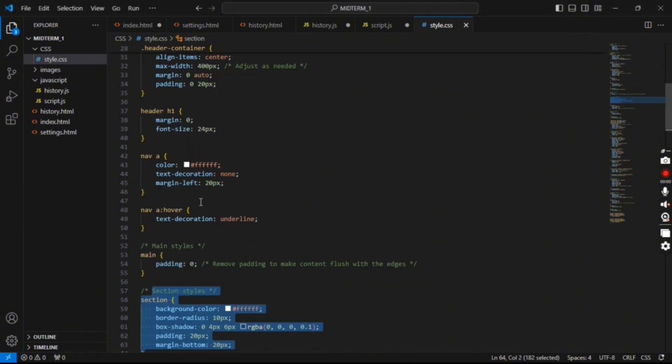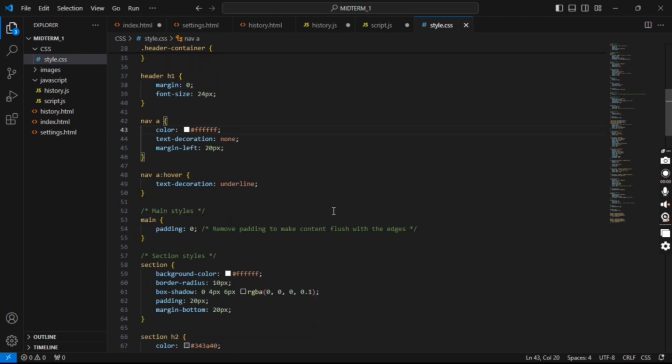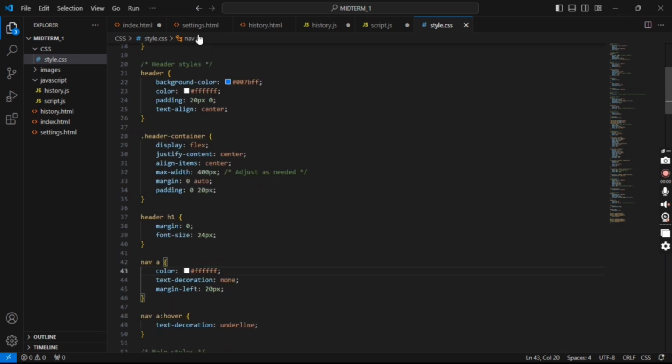The style CSS file is linked to our HTML file to ensure consistent styling across the application, and we keep a minimalist appearance. As you can see here in setting.html,